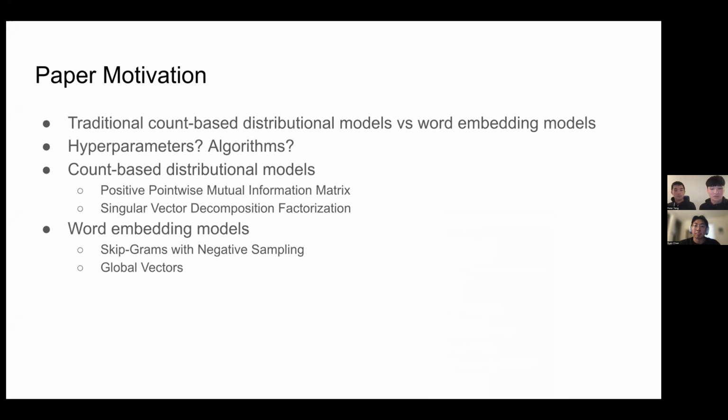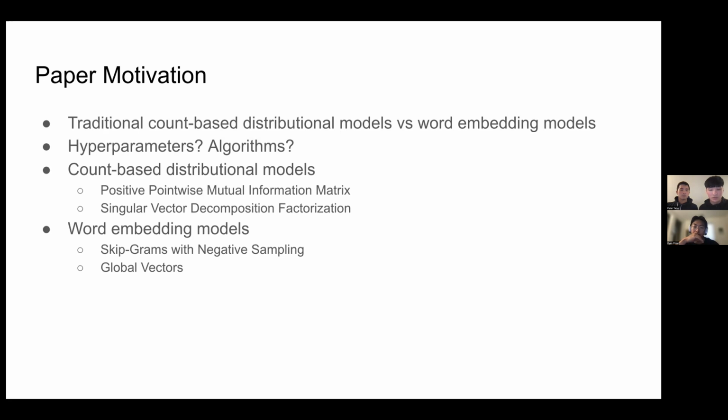Back when this paper was published, research suggested that neural network-inspired word embedding models outperform traditional count-based distributional models on word similarity and analogy detection tasks. However, the author was interested in researching what actually makes the modern word embedding better. Therefore, the author conducted several experiments to test whether hyperparameter tuning techniques or the algorithm difference makes word embedding models